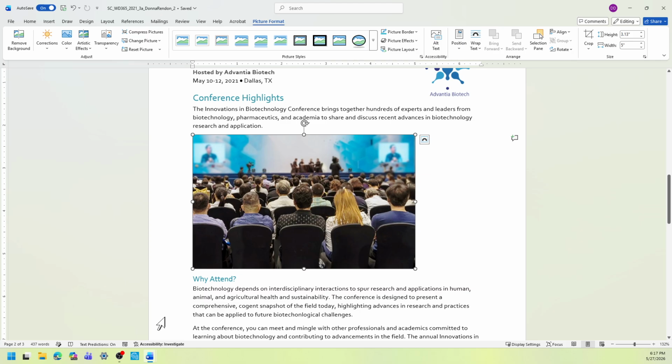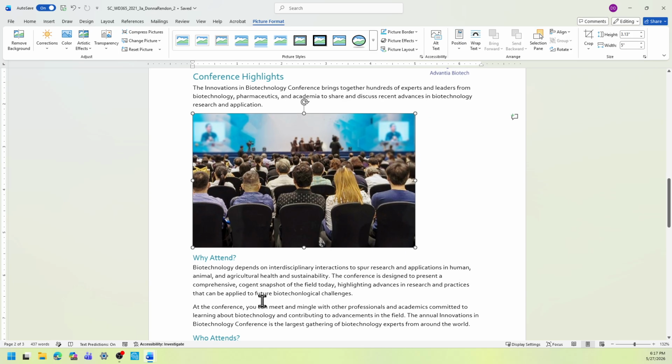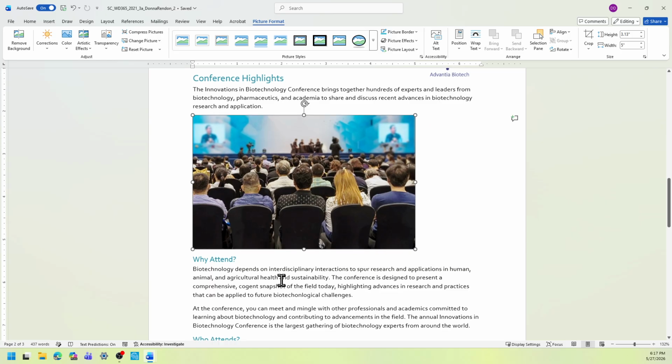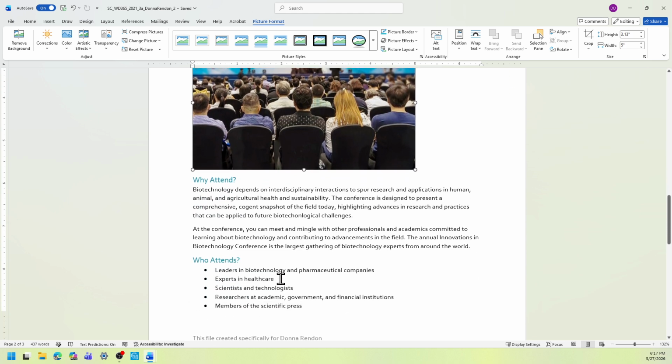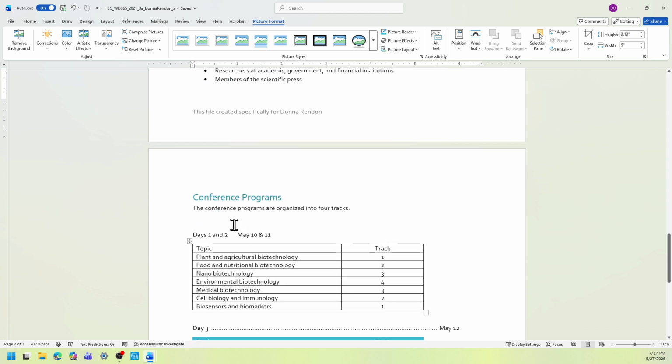start file. We're now going to make sure that our smart art matrix will be in the blank paragraph after the conference program. So where is the conference program? So here, this is the conference program.